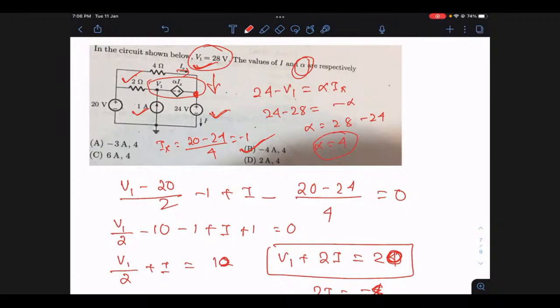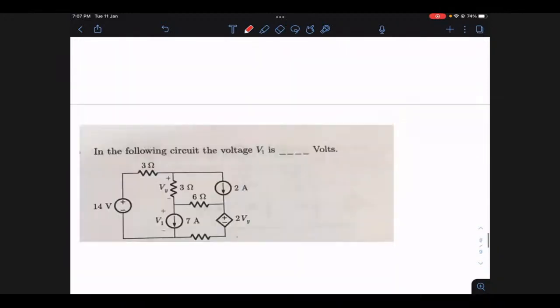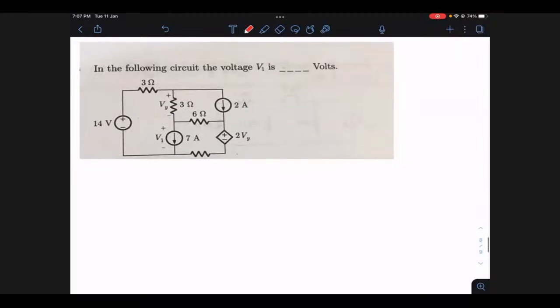So alpha is equal to 4 and the value of I is equal to minus 4. So naturally the answer is option B only. Well, this question I have taken in terms of